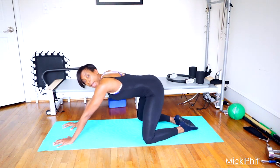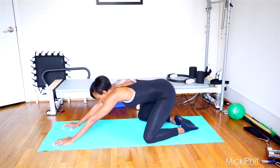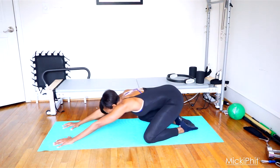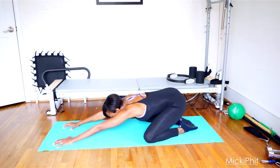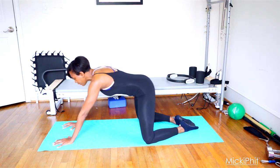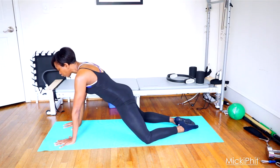So what I like about active stretching is that you're going to get some warmth before you start to stretch, so you can really protect those muscles. You don't want to stretch a cold muscle. So now let's go a little bit deeper. So from here, we're going to come forward, push forward, and then we're going to push back. So we're opening up the hip flexors, going to get into a chest opener too,